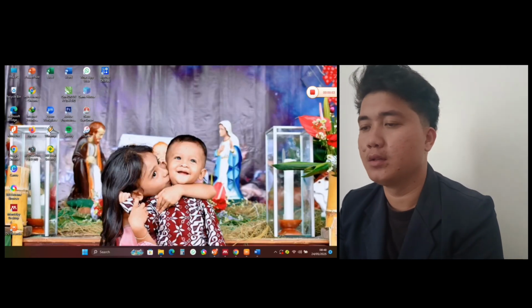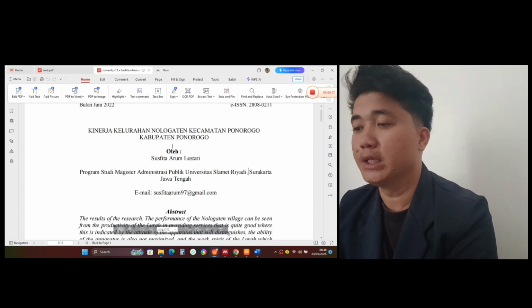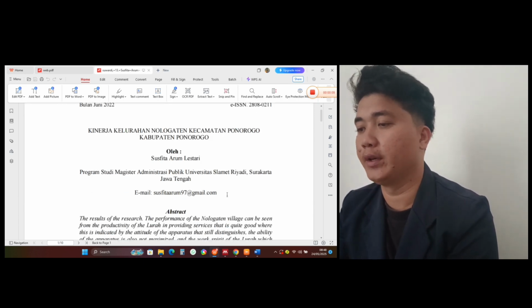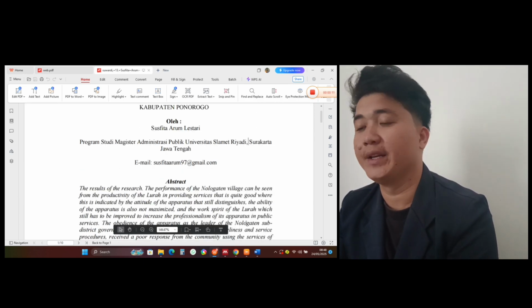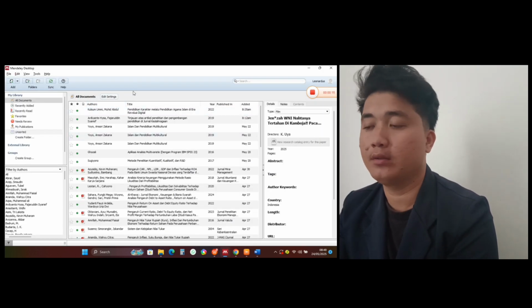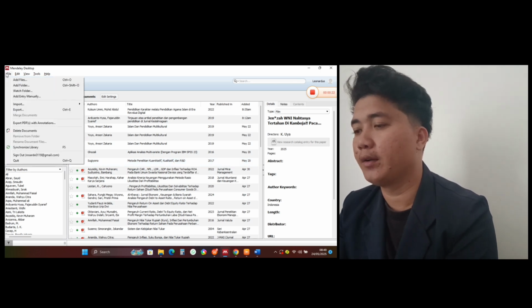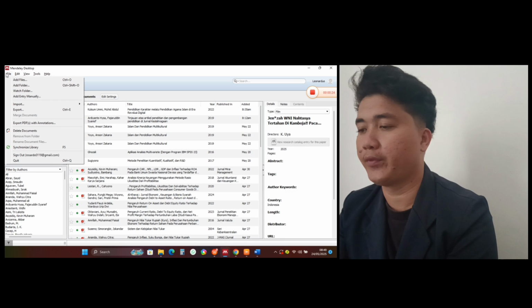Okay friends, fourth, we will use the thesis that we will enter into Mendeley. First, open the Mendeley application. After 2, the application opens. Click the File menu in the upper left corner.